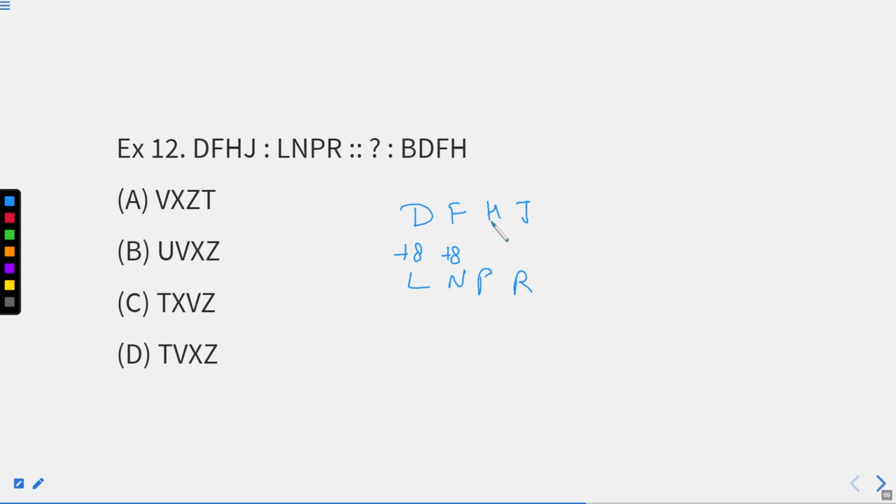H, I, J, K, L, M, N, O, P. Again we are doing a plus 8. J, K, L, M, N, O, P, Q, R. Again we are doing a plus 8. What am I doing? I am simply counting the place values and getting close to our answer. This time the second one is given and we need to find the first one. So we take the letters on the downside, that is B, D, F, and H. Now what we need to do is find it by subtracting 8 from them.